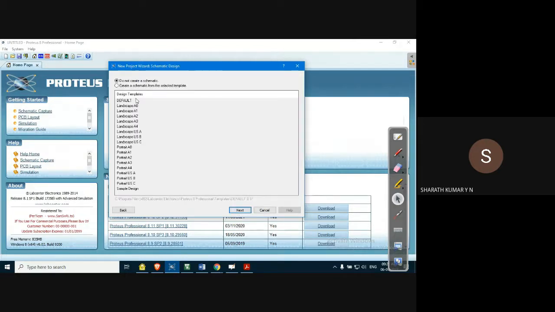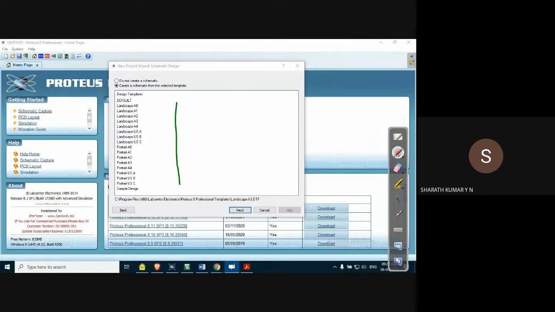Now there are two possibilities: create a schematic, or do not create a schematic. Since we are working with schematic diagrams, that is interfacing the microcontroller to various components, we have to go for the create a schematic option. There are various templates available, based on the size of the workspace where we place the components: A0, A1, A2, A3, USA, USB.